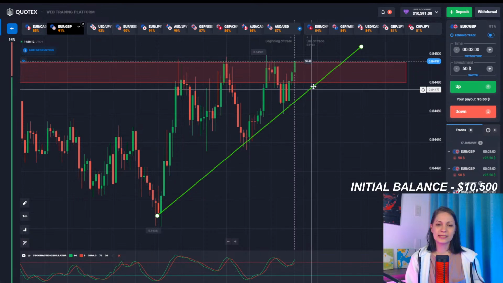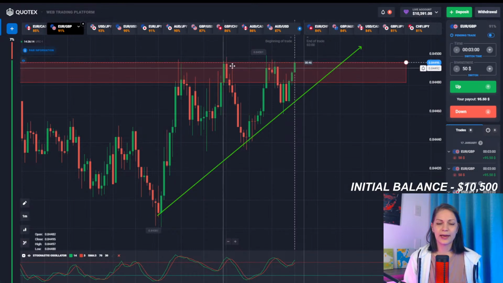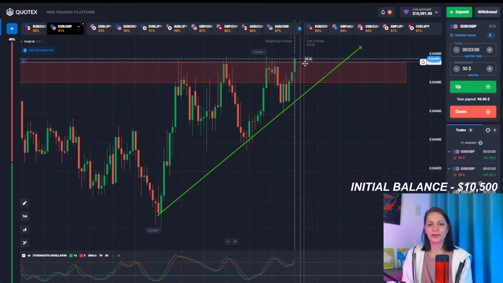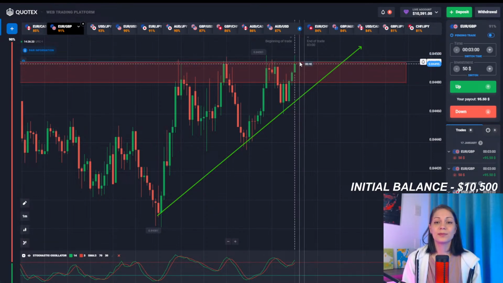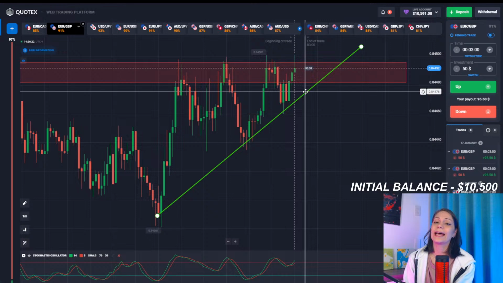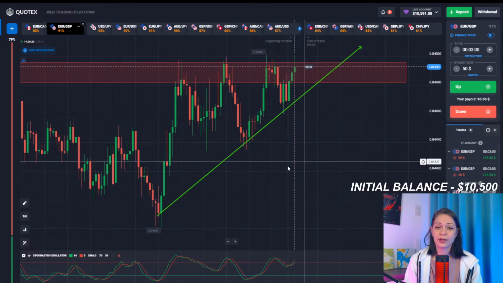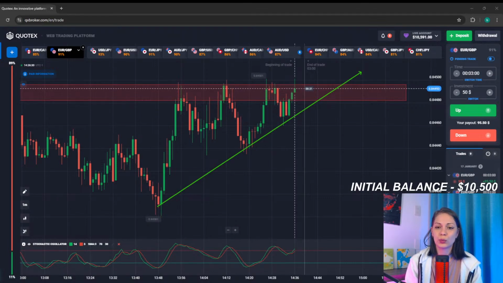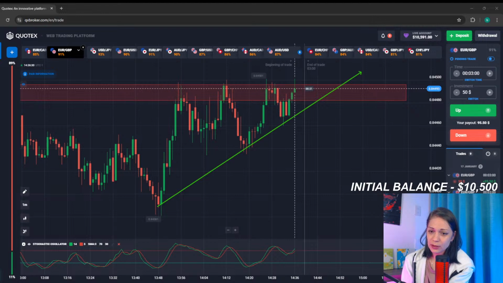Anywho, so we see that we have an uptrend, and right here we have the resistance level. And at some moment there's going to be a breakthrough of that level, and it is possible right now that it's going to break through the top or the bottom, so we need to watch and see what's going to happen. But for now, let me get back to the chat.